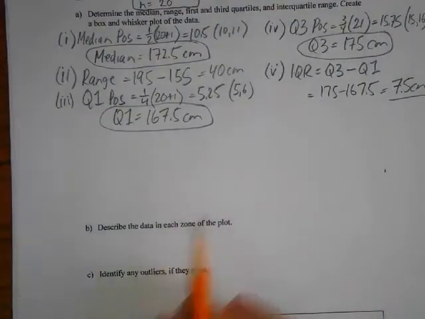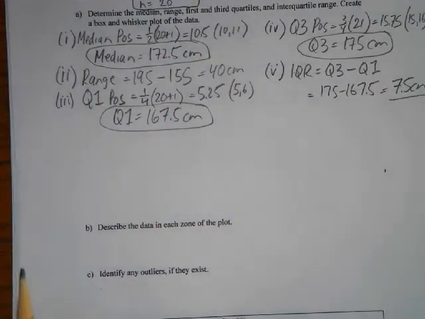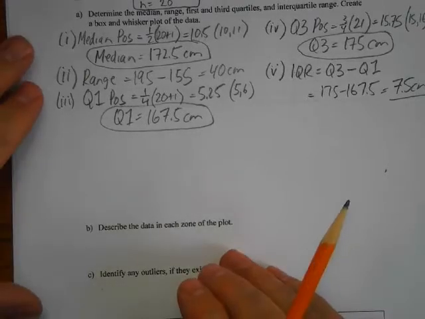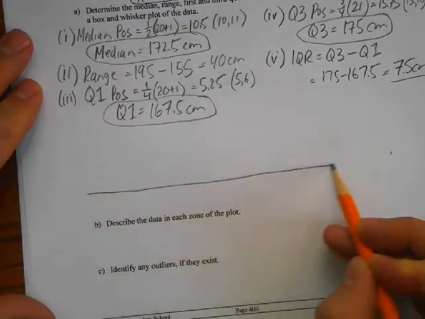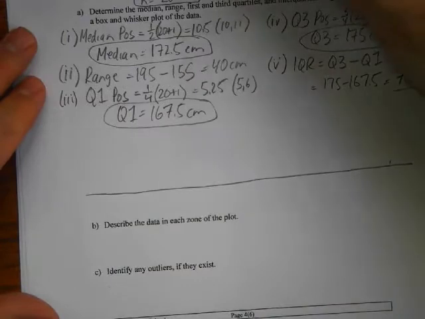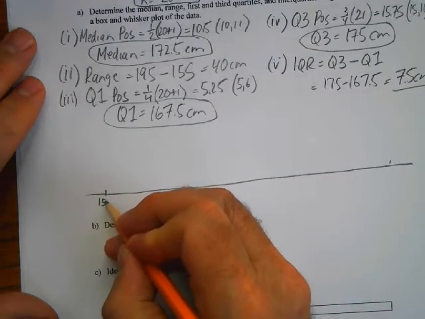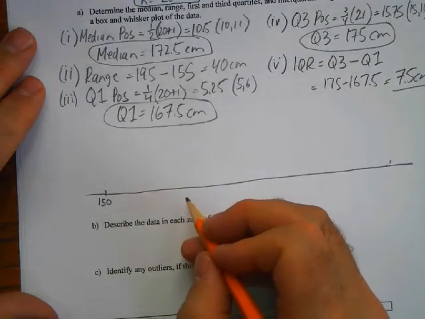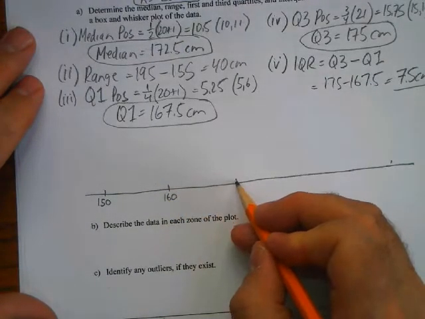So this is going to be a visual representation of what we just did here to give you a better perspective of what's going on with the spread of the data. So we always start off with the horizontal axis. Okay, and you look at your potential data. So it goes from 155 to 195. So I'm just going to start at 150, which is slightly below. I'm going to go up in blocks of 10. So 170,